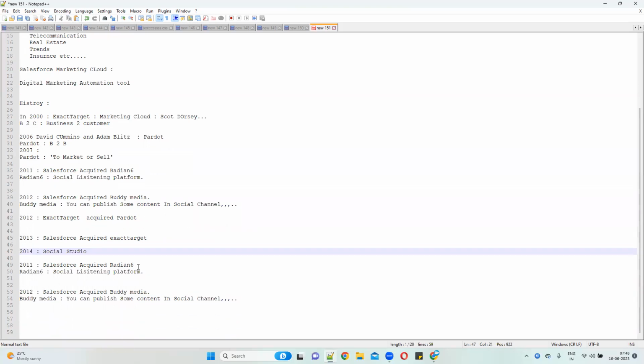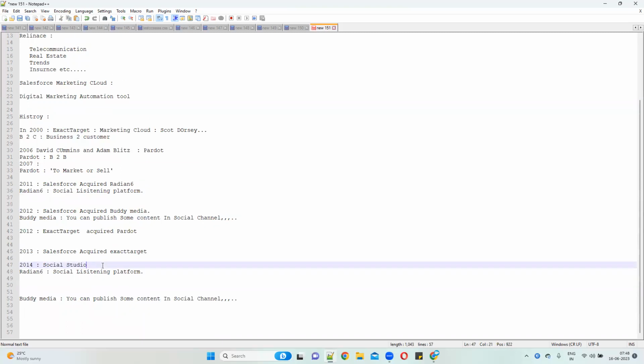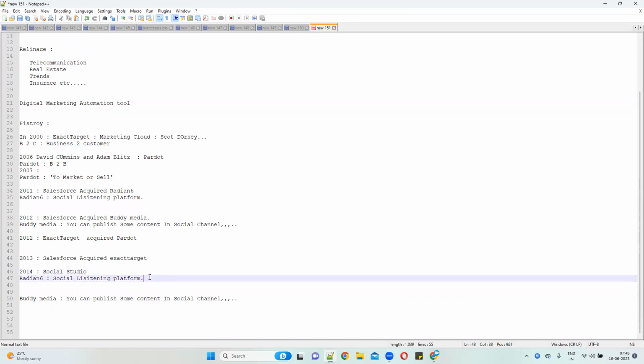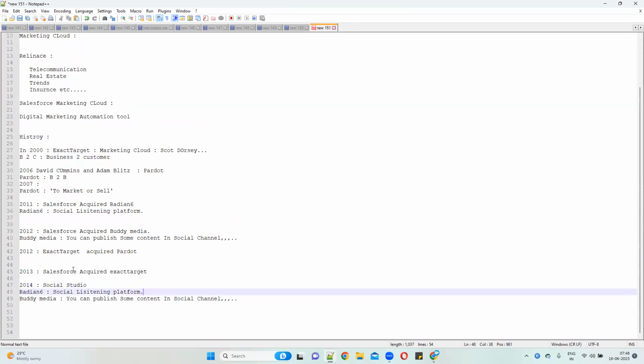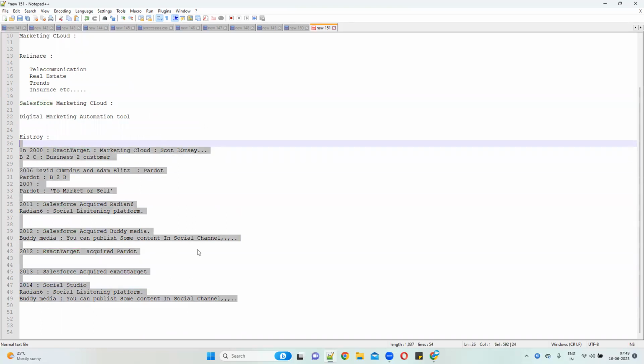That's it. So this is the history of Marketing Cloud, how Marketing Cloud started, what Pardot is, and when Salesforce acquired ExactTarget. This is a high-level history of Salesforce Marketing Cloud.